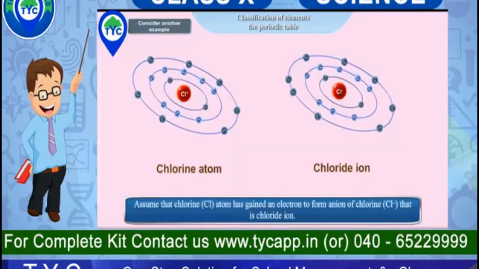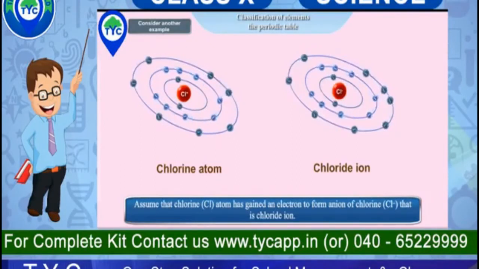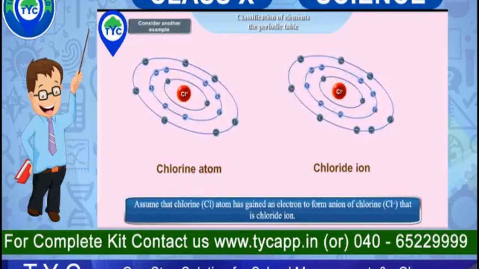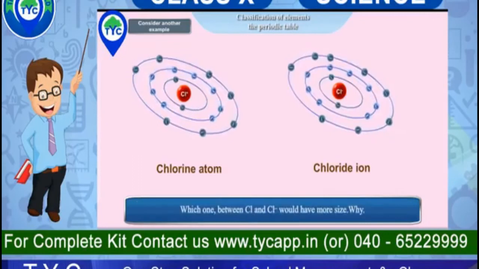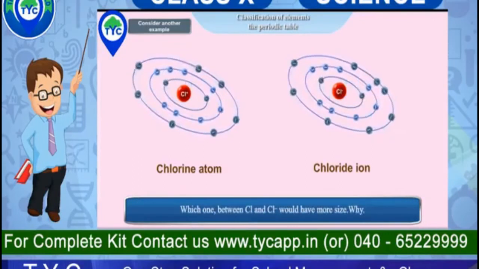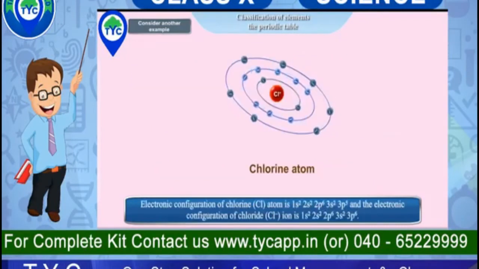Assume that a chlorine atom has gained an electron to form an ion of chlorine, Cl minus, that is, the chloride ion. Which one between Cl and Cl minus would have more size? Why? The electronic configuration of chlorine, that is Cl atom, is 1s2, 2s2, 2p6, 3s2, 3p5, and